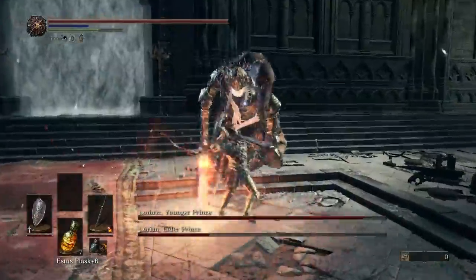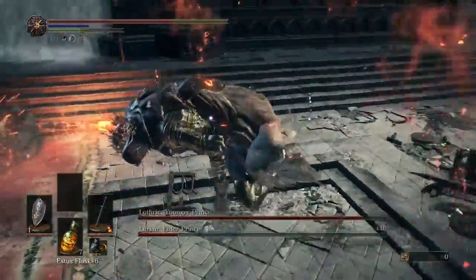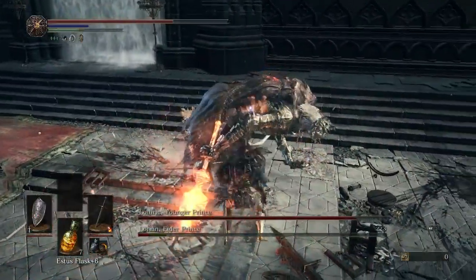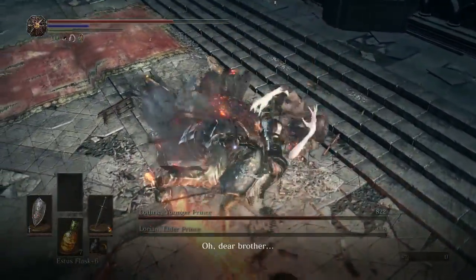Or, a weapon that kind of goes through both hitboxes, like a spear. Yeah, like right there, got a little damage. Yeah, you've pegged him a couple times. Yeah, the problem